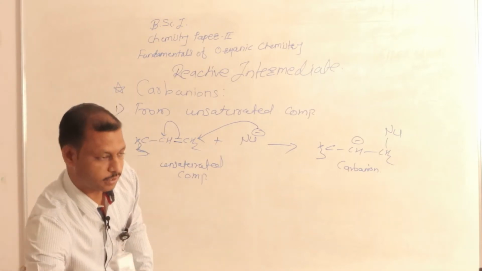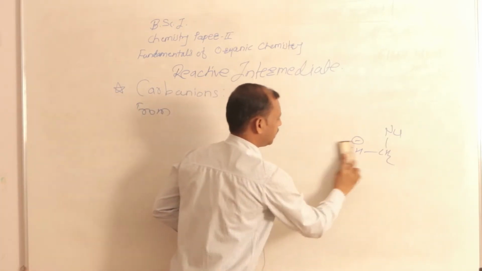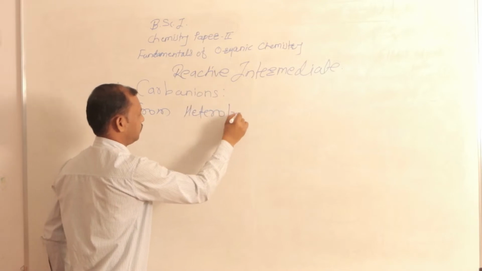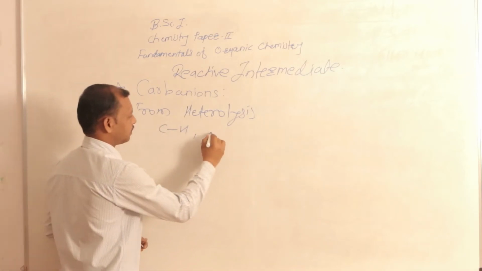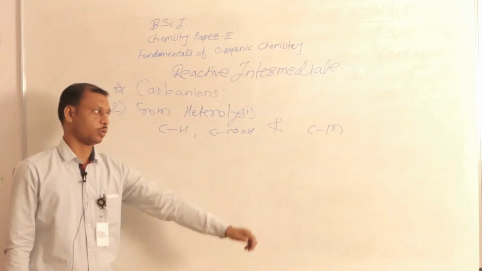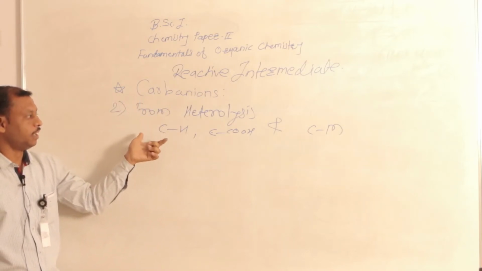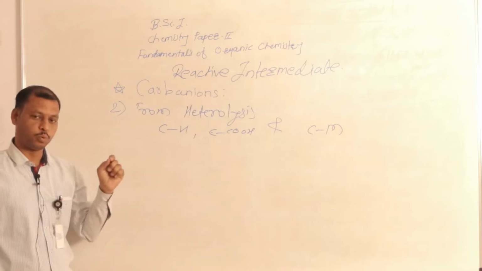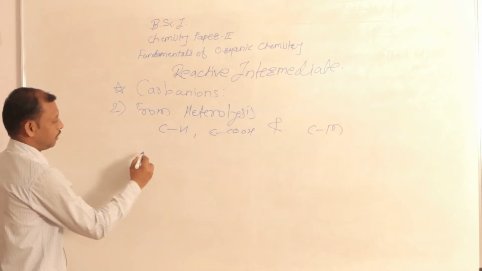Then we want to see the second method, that is generation of carbanions from heterolytic bond fission. Heterolysis means generally the carbon hydrogen, carbon carboxylic group and carbon metal bonds undergo the heterolysis. Heterolysis means both electrons transfer on one of the carbons or one of the atoms. Here carbon hydrogen bond, carbon carbon bond and carbon metal bonds, in those the atom which is more electronegative, the electrons transfer on that atom, and that's why we want to see one by one example. For example,